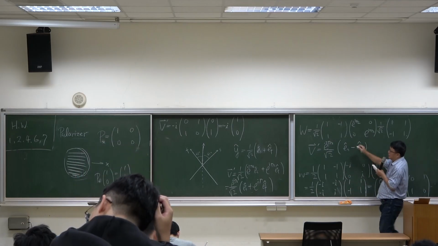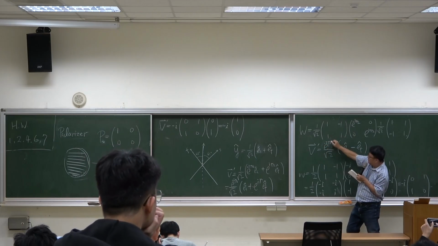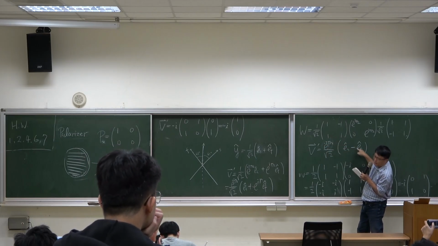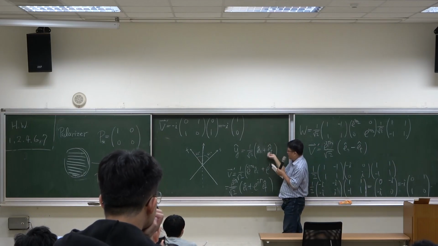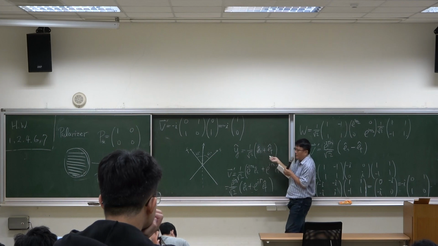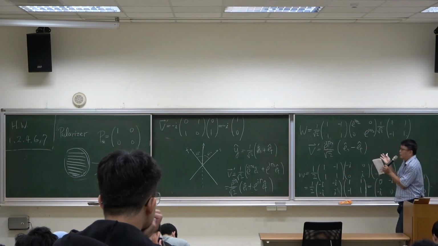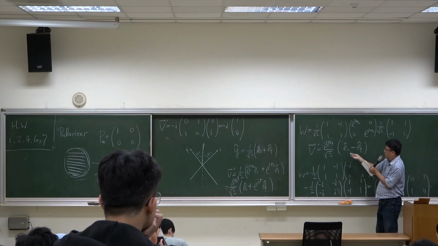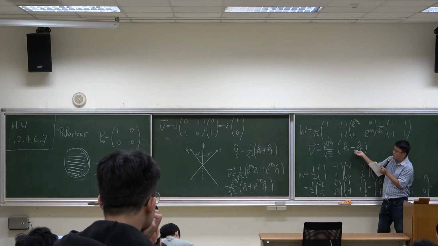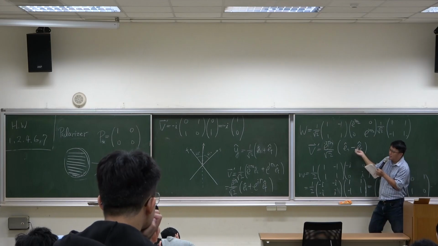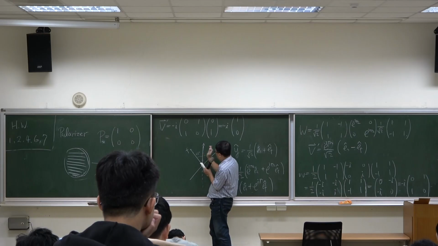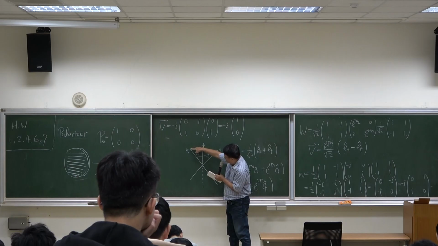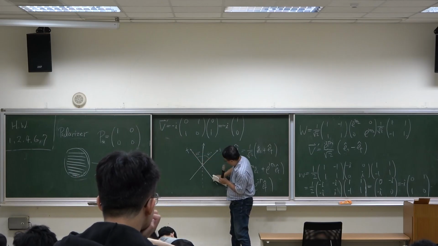Okay. This factor is not important, but the relative phase between ES and EF, originally their relative phase is the plus sign, but after penetration through this half-wave plate, the relative phase becomes negative sign. Okay, negative sign. So positive sign means that this. But negative sign means we change F into minus F,